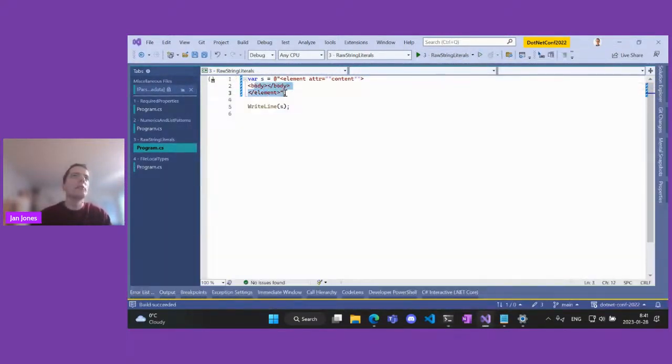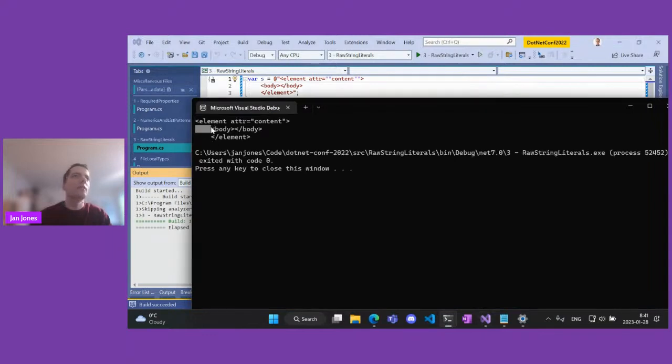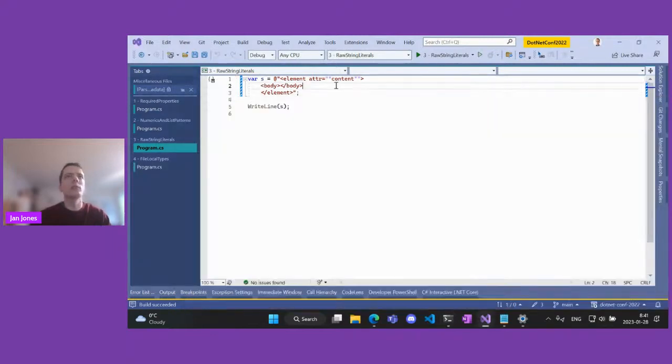But if I wanted to, for example, indent this, these spaces are there, so it's kind of rigid in how you can use it, and still you need to escape quotes. So there is a new feature in C# 11 where you can write raw string literals. Let's put this back for a moment. You do that by using 3 quotes at the beginning and at the end.